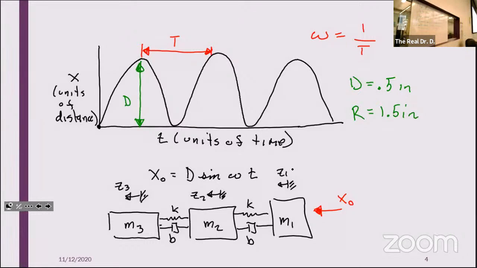So the question was, what are we excluding from the original model? You're not really excluding anything, you're just consolidating. Think of it this way: when we did the solenoid the first time, we treated it as just a mechanical model where we knew what the electromagnetic force was, so we knew the outcome of the electrical side. In this case, we know the outcome of the rotational piece. That rotational piece is going to cause this oscillatory input, this sine wave input. And so we're just saying,